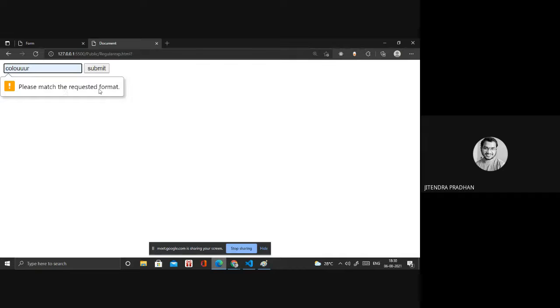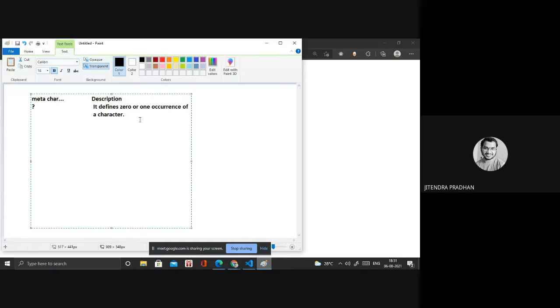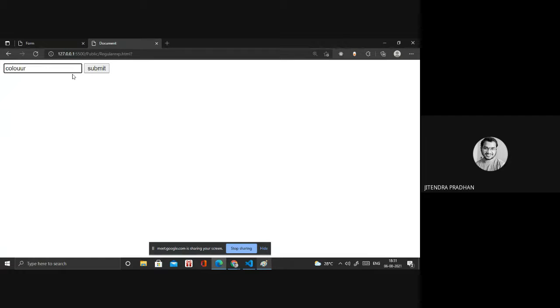Please match the requested format. Have you observed that one? Why is it showing me that format? If I remove one U from that, let's see how it works. Please match the requested format. Why? Because it defines zero or one occurrence of the character. Meaning if I write it zero or one time, then it will be submitted automatically.